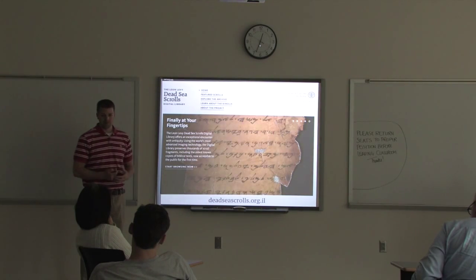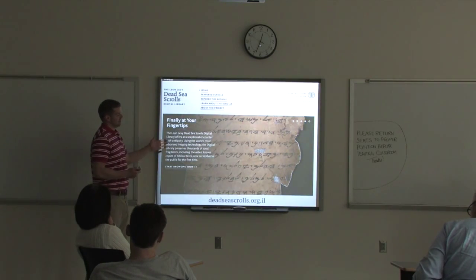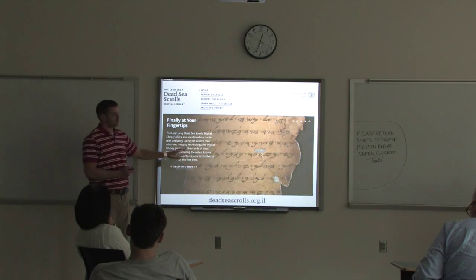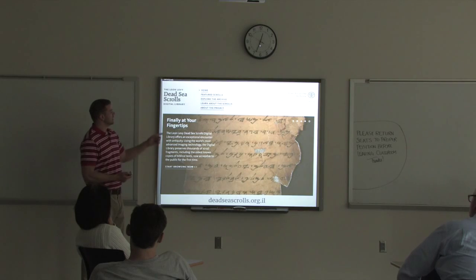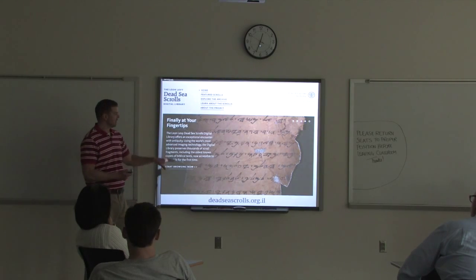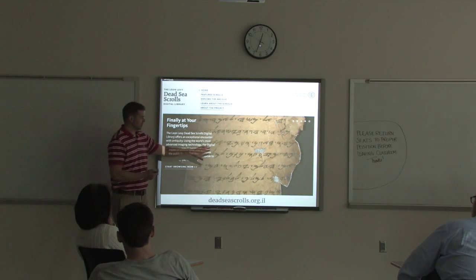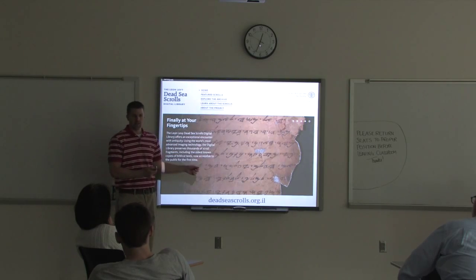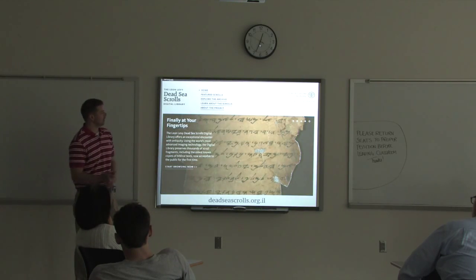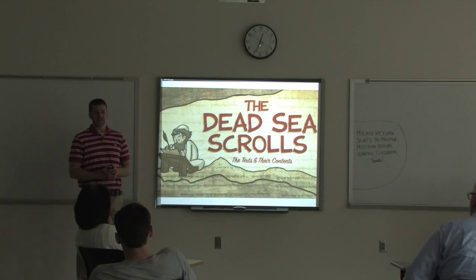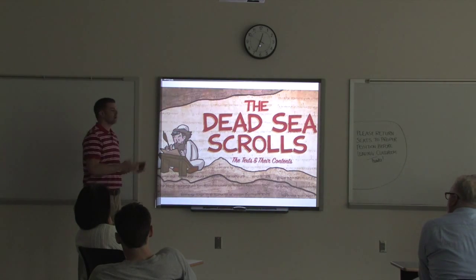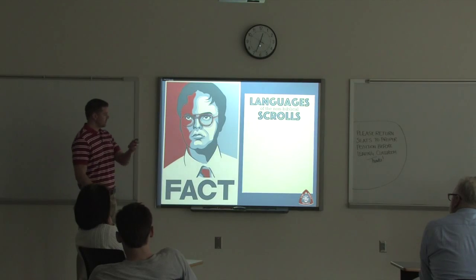They were finally published, and now actually we have access to any text that we want, online for free. So you can go on, this is the deadseascrolls.org.il, to the Leon Levy Dead Sea Scrolls collection and look at very good high-resolution photos of all these texts. So it's a very nice resource for us if you want that today. So that's how they were discovered. What is actually in them? What are these texts, and what is in these texts that makes them so important, is the next question.